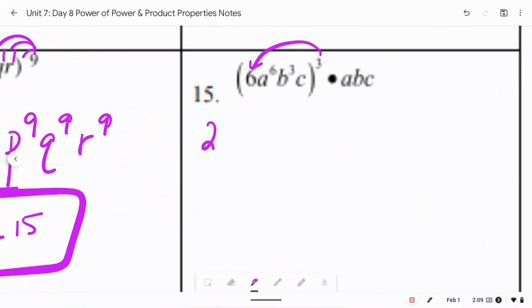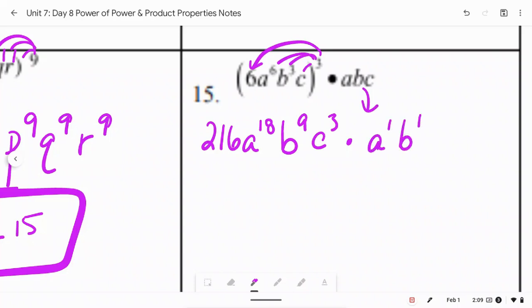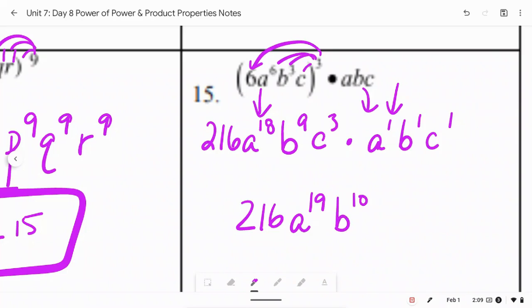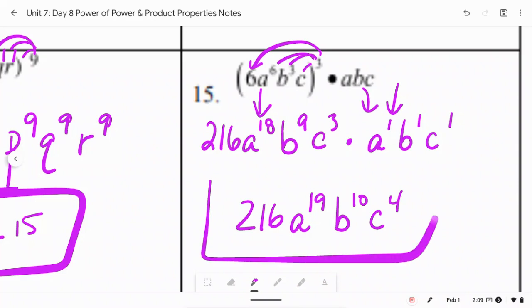Very last example, we're going to distribute the third power. 6 to the third power is 216, and then multiply the exponents. So a to the 18th, b to the 9th, c to the 3rd, and then just bring down the ABC. So that would be like a to the 1st, b to the 1st, and c to the 1st. Since there's only one coefficient, we're just going to bring down that 216 and then add exponents because it's a multiplication problem now. So I get a to the 19th, b to the 10th, c to the 4th as my